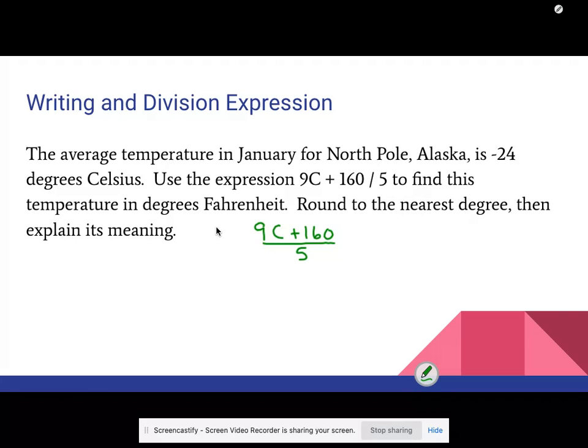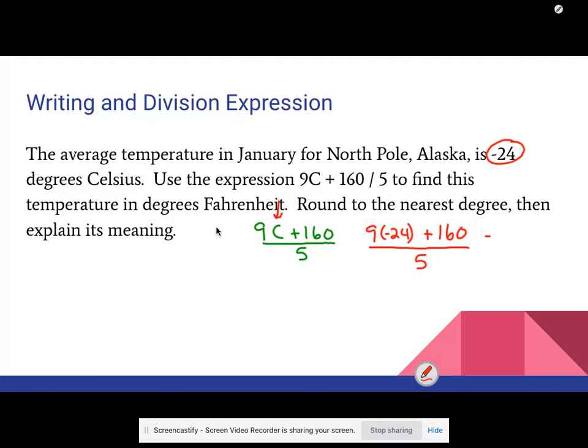When I'm given something like this, the C is where I'm going to put negative 24. So I really have 9 times parentheses negative 24 plus 160, divided by 5. So if I did 9 times 24,